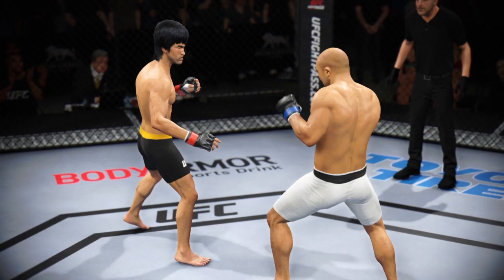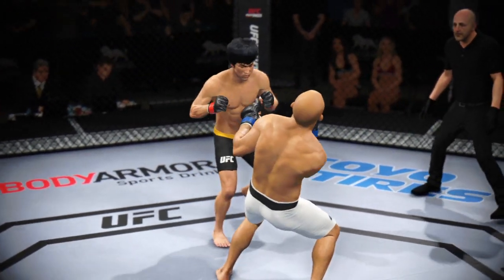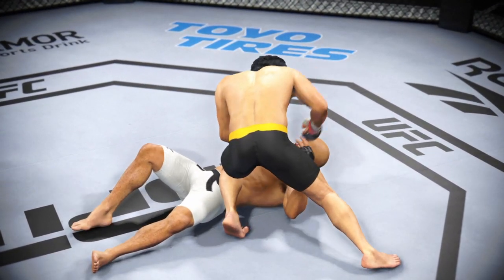All right, there's the end of the round. So it was a huge strike to the head that stunned his opponent and nearly got him out of there. Yeah, that was a big moment. A big strike lands. His opponent's on wobbly legs. That is exactly what...